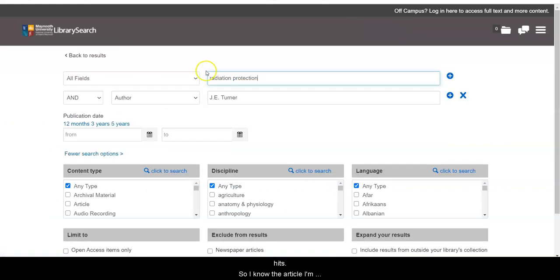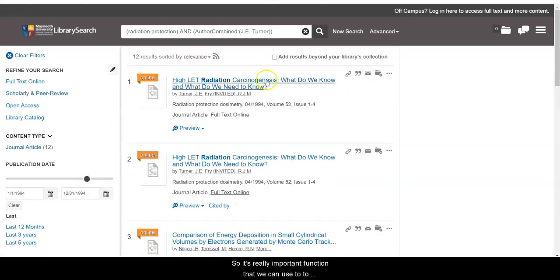hits. Okay, so I know the article, I'm interested in something he published in 1994, so I can search here from 1994 only and search again, and great, so now we've got 12 hits. Okay, so it's really a really important function that we can use to narrow down, and the search function is